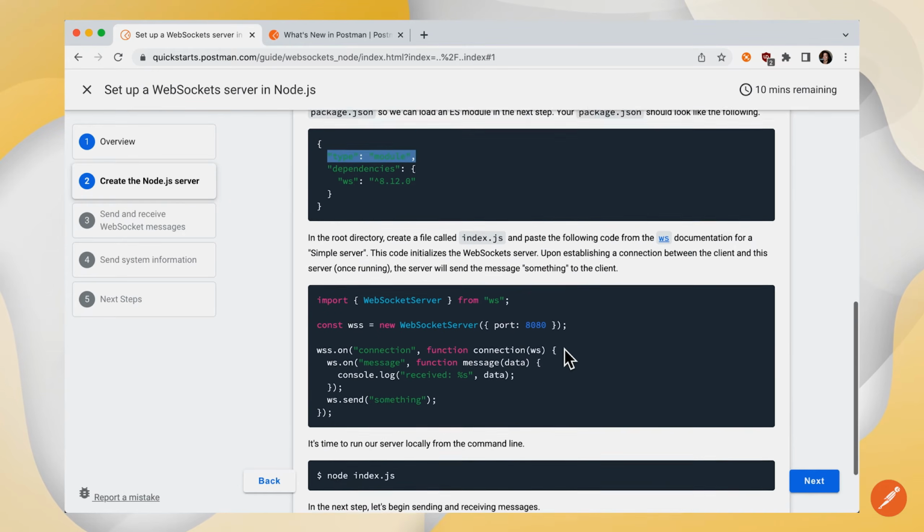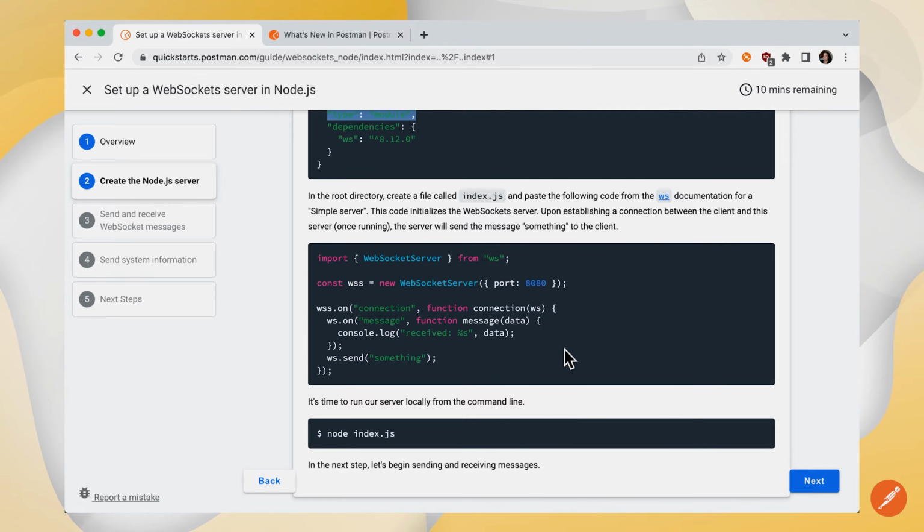Okay. So the next thing we'll do following the documentation here is in the root directory, we'll create a file called index.js and then paste this code block. This code block is from the ws documentation. There's many scenarios, but this one is to follow the directions for a simple server. This will